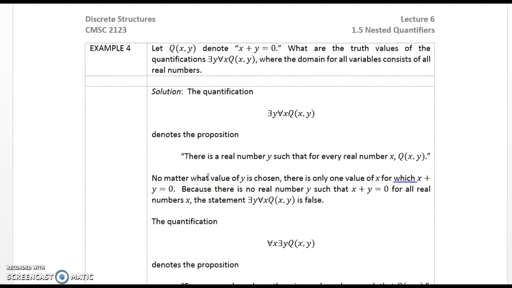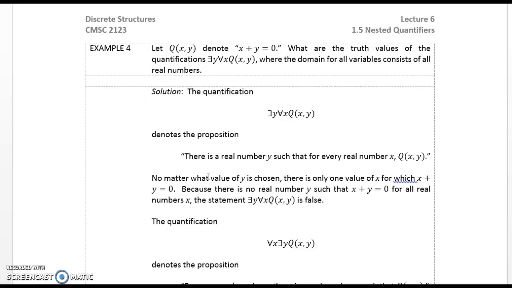Example 4. Let Q of x denote the statement x plus y equals 0. What are the truth values of the quantifications "there exists y for all x, Q of xy," where the domain for all variables consists of real numbers? The quantification "there exists y for all x, Q of xy" denotes the proposition: there exists a real number y such that for every real number x,